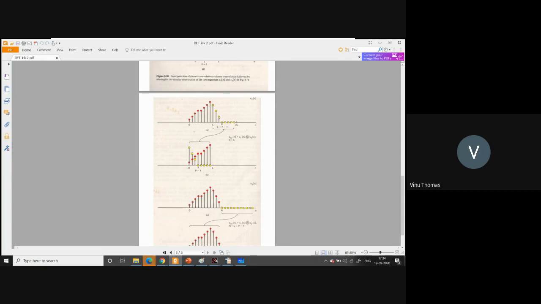So L plus P minus 2 is equal to 8 plus 4 minus 2. L plus P minus 1 is equal to 8 plus 4 minus 1, that's equal to 11. So there will be 11 samples. That is, the samples will be from 0 to 10, 10 being equal to L plus P minus 2. So let us now verify whether this is the case. 0, 1, 2, 3, 4, 5, 6, 7, 8, 9, 10. So this is the 10th sample.